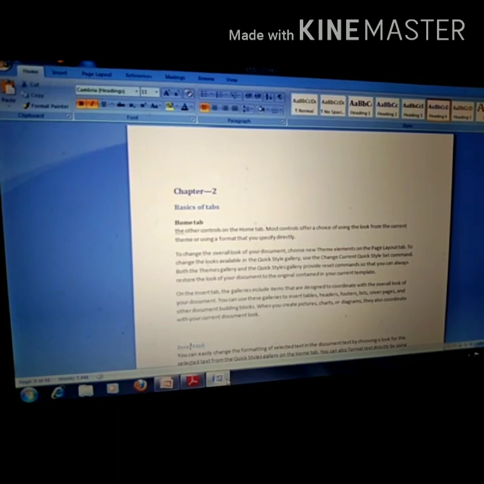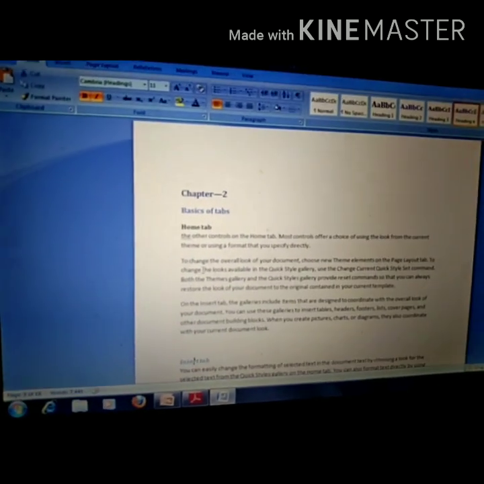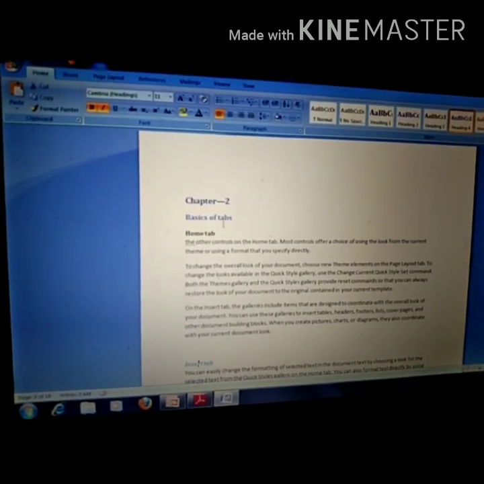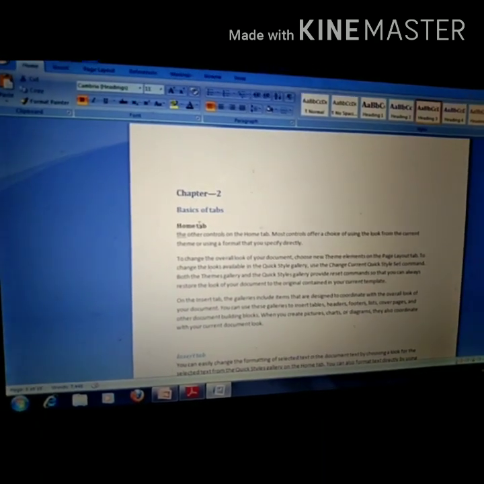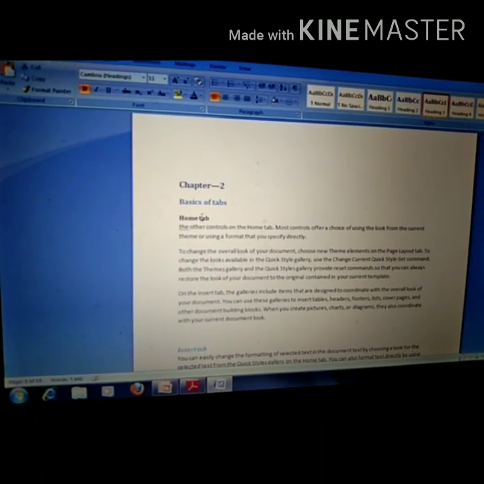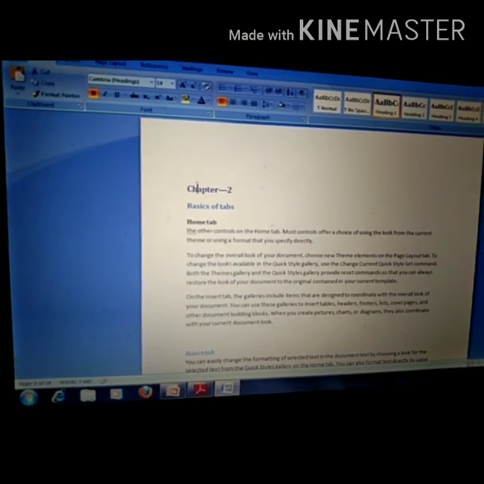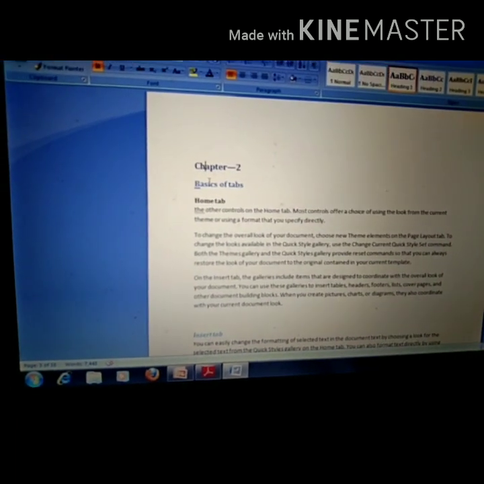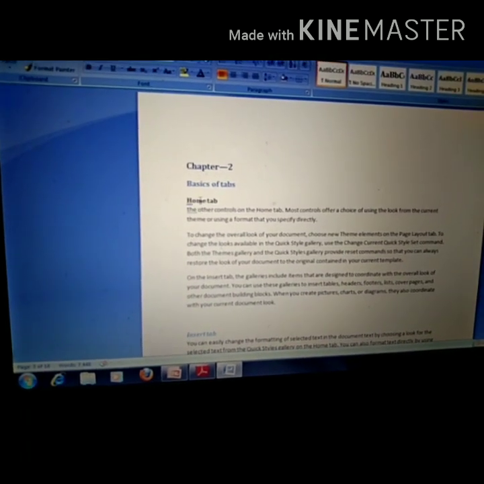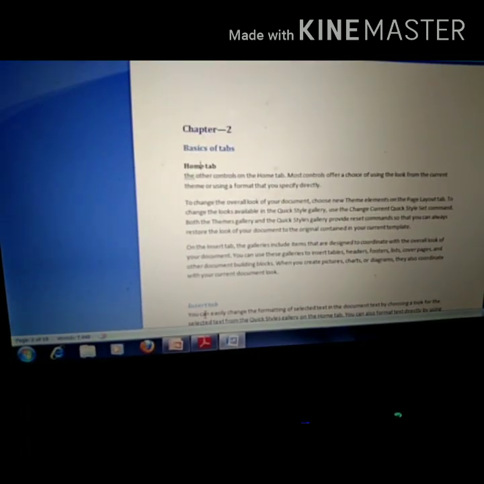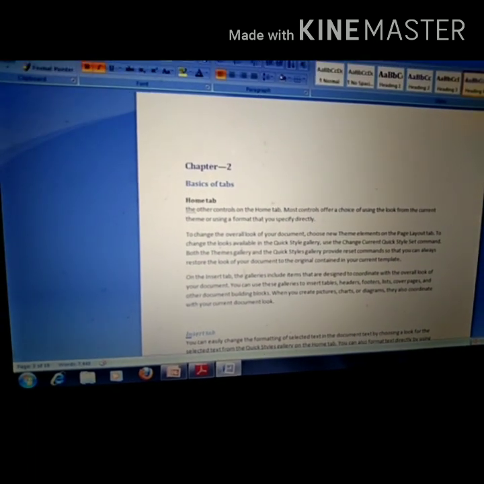Why are we giving different headings to these definitions or terms? So that we can differentiate that chapter 2 is the main heading, basics of tabs is the subheading of this, home tab is the subheading of basics of tabs, and insert tab is the subheading of home tab.